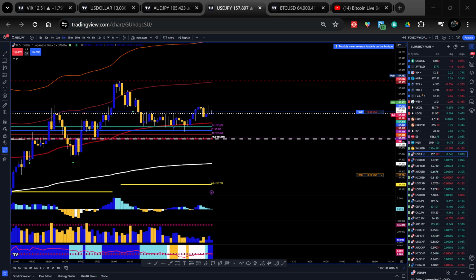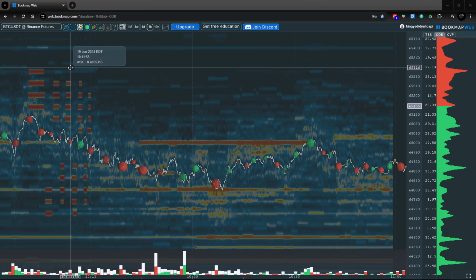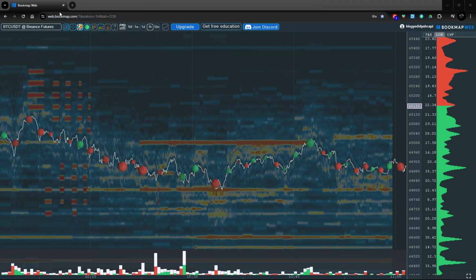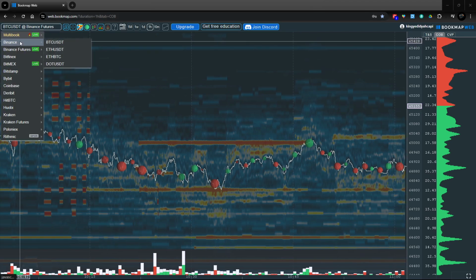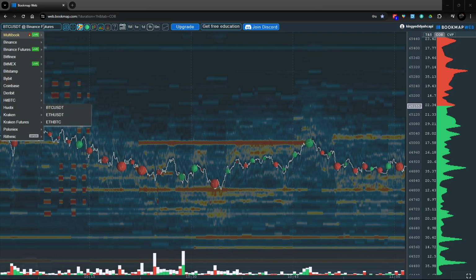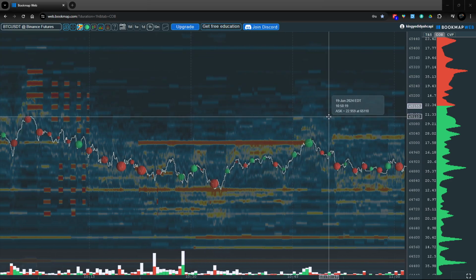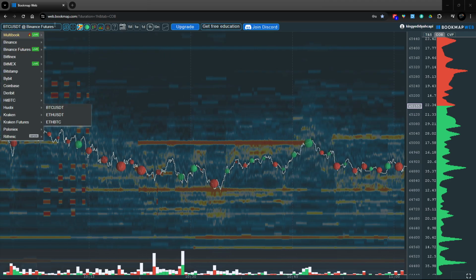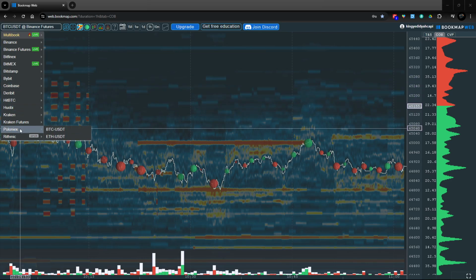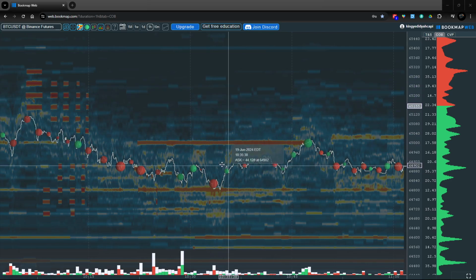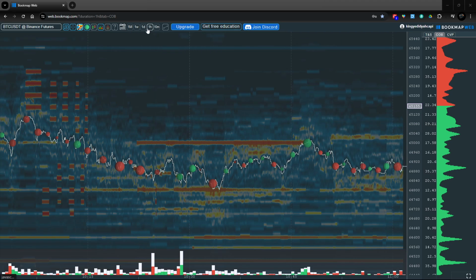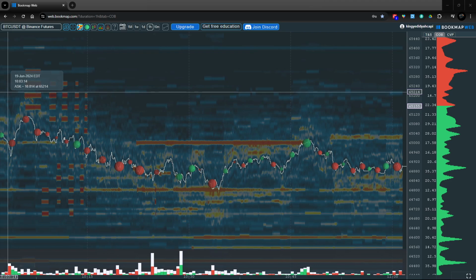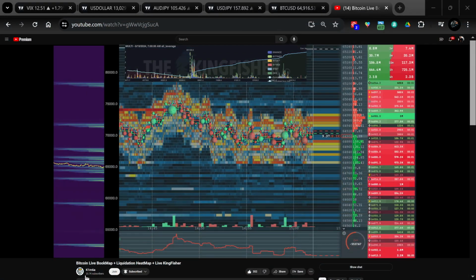Let's see, I want to point out this website, webbookmap.com, for cryptocurrencies. You could get this free heat map chart with all cryptocurrencies and stuff like that. So this is kind of cool here. If you want to check this out, it's webbookmap.com. So right now I have Bitcoin up here. It's on the 1 hour chart. And I also use this guy's live stream as well.